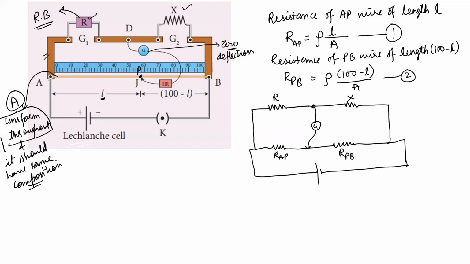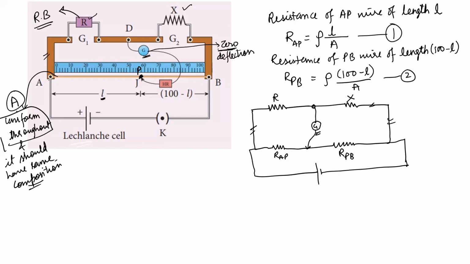As we know, these wires do not have any resistance, as they are made up of thick copper wires. As they are made up of thick copper wire, their resistance can be neglected. So we can see that no current flows through the galvanometer. Only then we stopped at point P. That means the galvanometer is in the balanced condition, as it shows zero deflection.